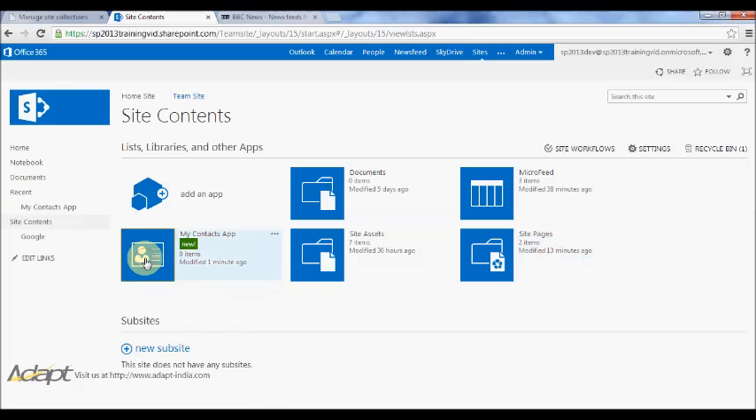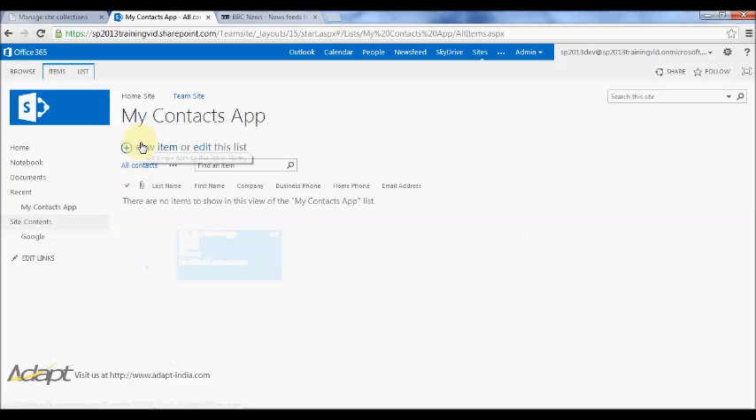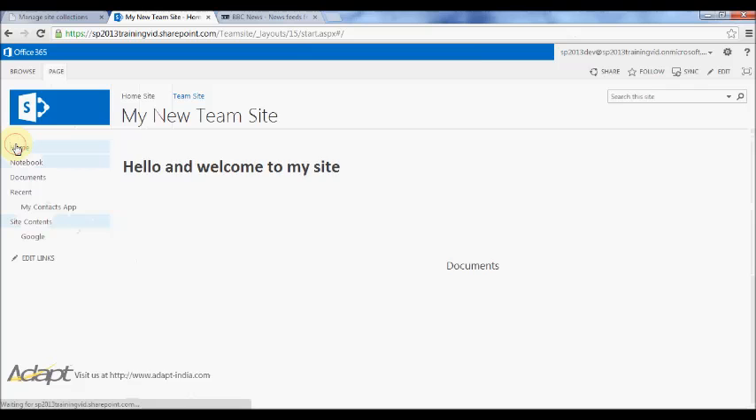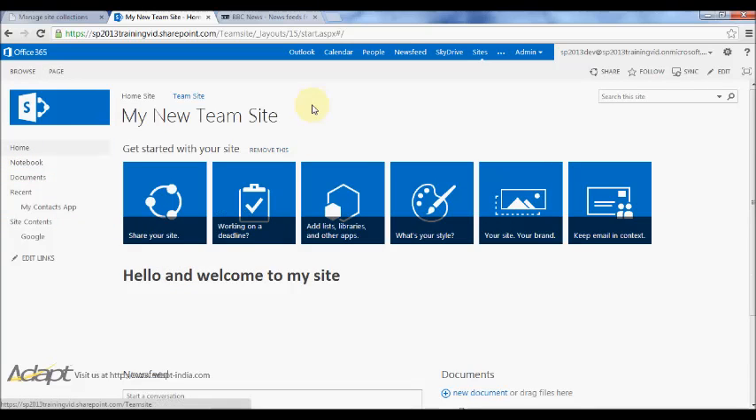Now, I can click on the Contacts app. I can add a new item. I'll get into this kind of stuff in a later video. You see, it gives me all the fields for storing a contact here. What I'd like to show you is to link this back to how I talked about web parts and app parts. If I go back to my home page and I go to edit my home page,